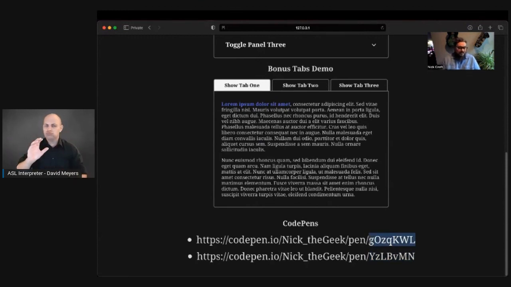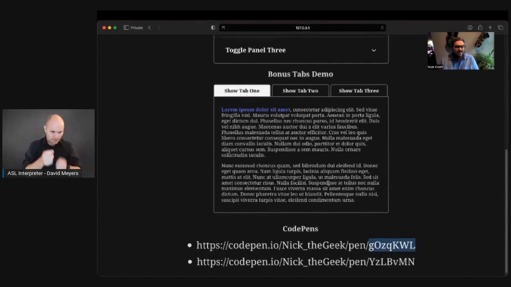Those two pins are going to get you all of the code that I just shared. And it's going to be set up as pure HTML, JavaScript, and CSS, so you can import that into whatever kind of framework you're using, whether it's PHP, React, Vue, Svelte, or whatever. You can get that into whatever you're using and start modifying this to your own ends.